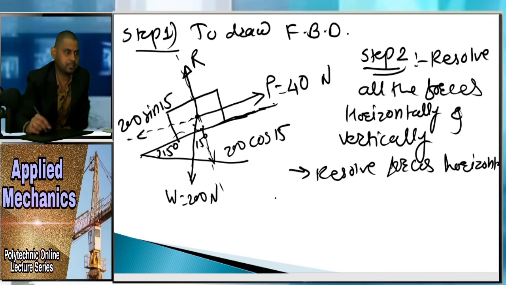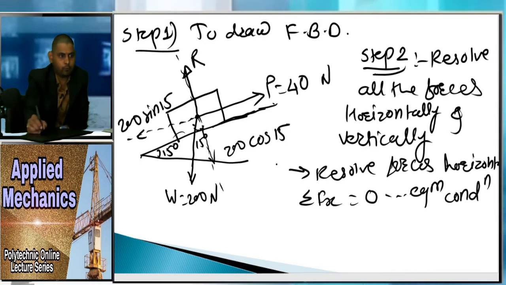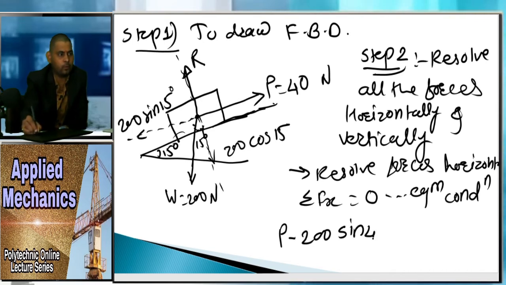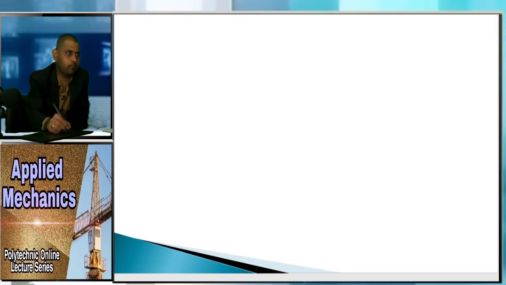So you can see here summation of Fx is equal to 0 as per the equilibrium condition, right? Which forces are on a horizontal plane? This P is on the horizontal plane, this 200 sin 15 is on the horizontal plane, and the remaining are on the vertical plane. So here P minus 200 sin of 15 is equal to 0. So here the value of 200 sin of 15 is nothing but